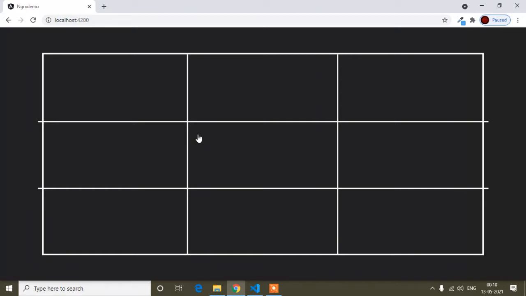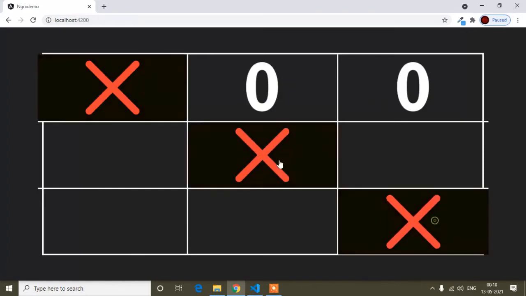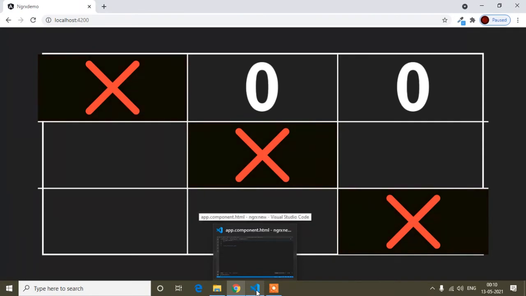If you are developing a game, design is most important. Just like functionality is important, design is important in a game, because without the perfect design you cannot add the functionality of this game. So here this is the game. Suppose if I do that, here you can see the cross is the winner. This is the design I have to make, with all the boxes and everything. So guys, keep watching this video, and if you think you can make this design by yourself, you can skip. Otherwise I suggest you watch this video.